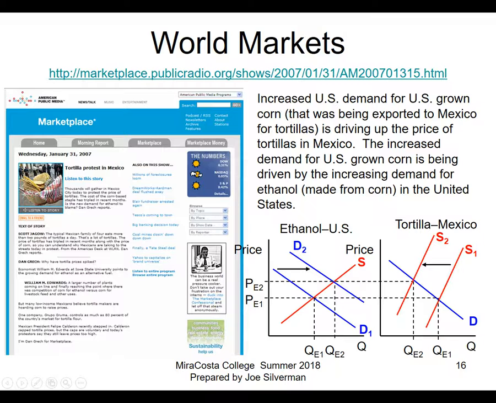Now, you would expect that the demand for corn tortillas in Mexico, because that's a necessity food, would be relatively inelastic, right? Meaning that because the demand for something that's a necessity is more inelastic, you wouldn't expect there to be a big decrease in quantity as a result of an increase in the price. It turns out, though, that the demand for corn going into tortillas was relatively elastic, meaning that some people in Mexico,